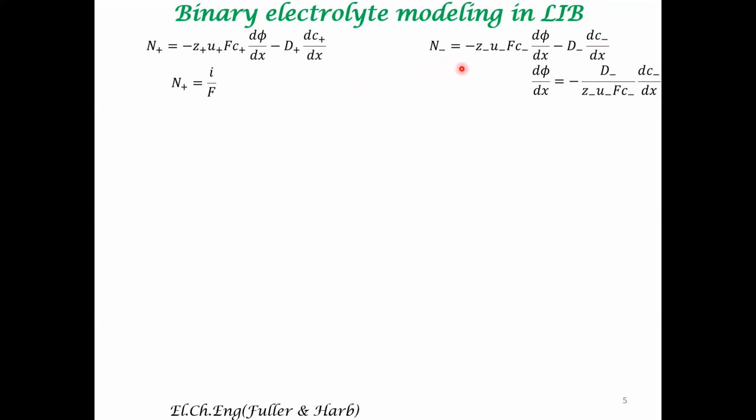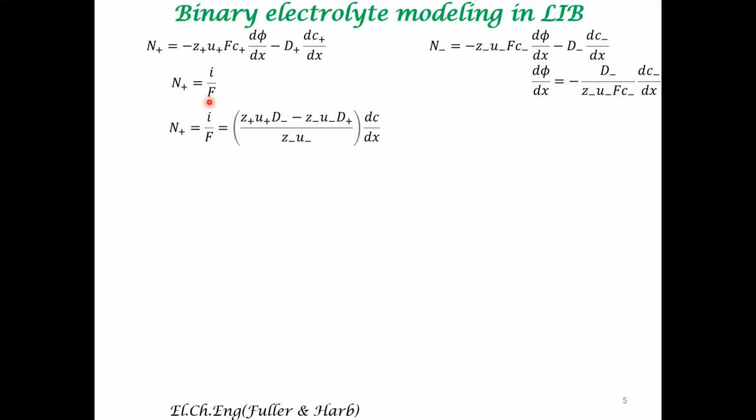However, writing a balance equation, this equation for N_i minus provides an important constraint for the elimination of dφ/dx. So dφ/dx can be eliminated because this term is 0. You can write the dφ/dx in the following manner. We are going to use this expression to obtain the expression for N plus. This dφ/dx is incorporated into this equation so that we can get the expression for I. So this is what we did in the previous lecture too.